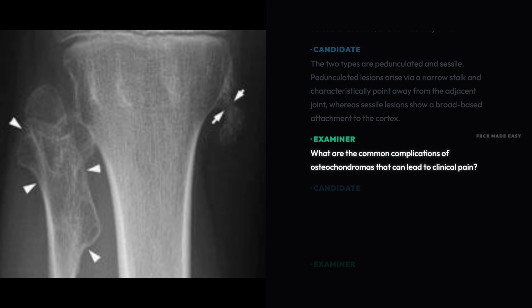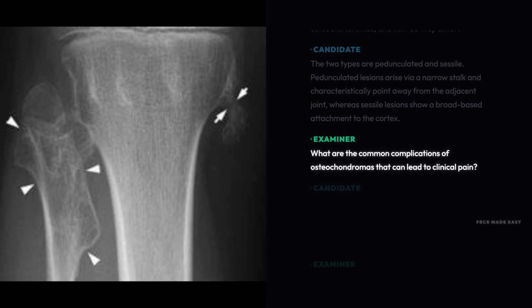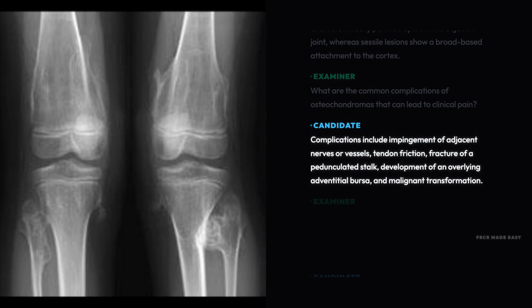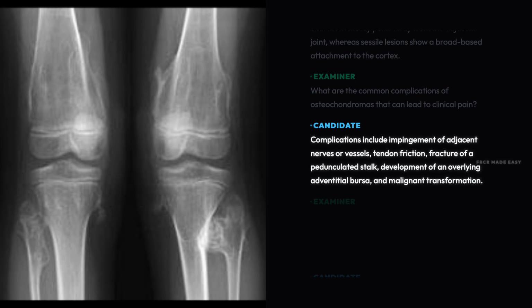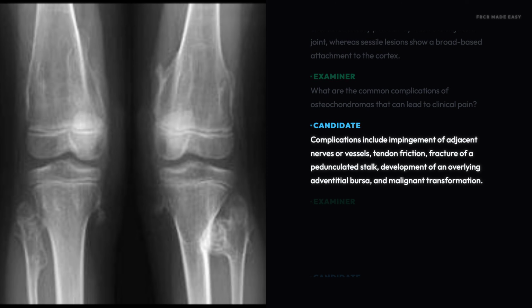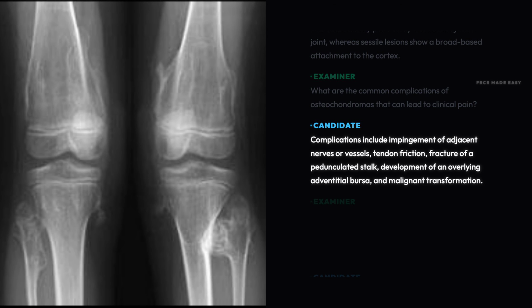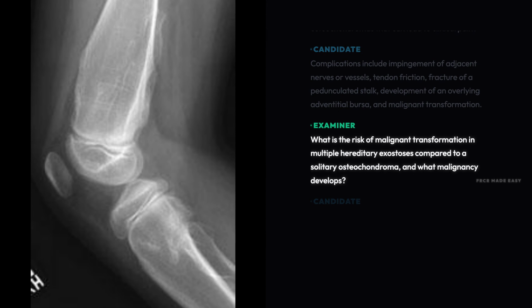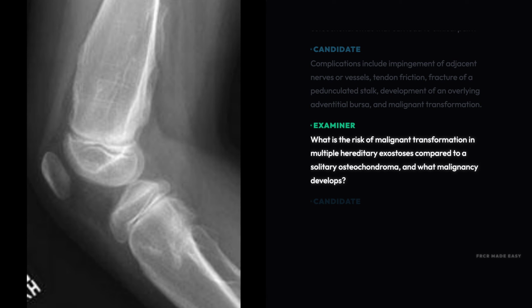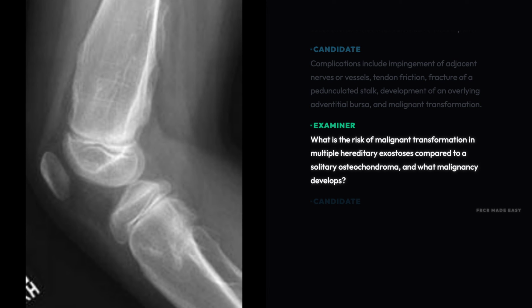What are the common complications of osteochondromas that can lead to clinical pain? Complications include impingement of adjacent nerves or vessels, tendon friction, fracture of a pedunculated stalk, development of an overlying adventitial bursa, and malignant transformation. What is the risk of malignant transformation in multiple hereditary exostoses compared to a solitary osteochondroma,